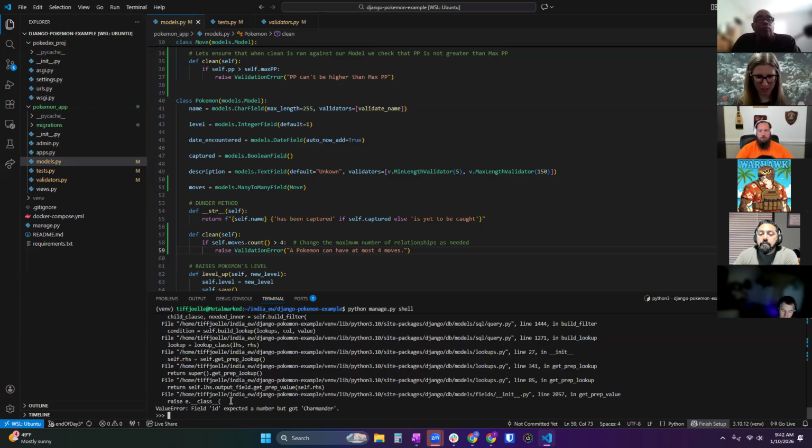Expected ID to be a number, but got Charmander. Great, I messed this up. How can I go back and change this?